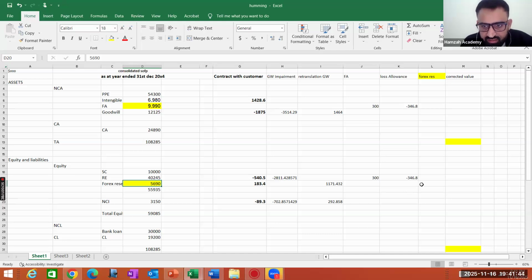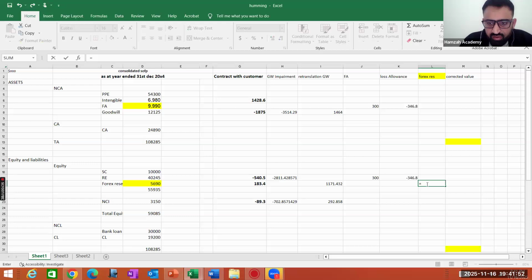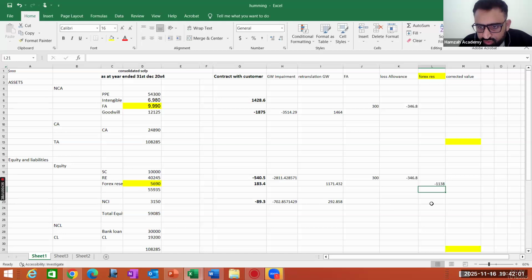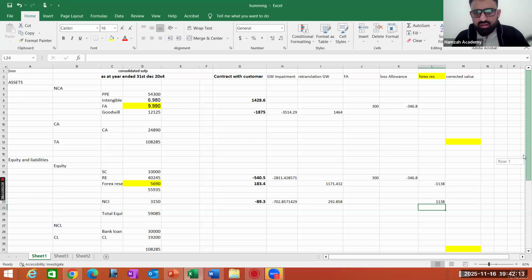Now the problem with that is that of this 5690, 20% belongs to the NCI. So with that 20%, the forex reserve should be debited and NCI should be credited. Now, all the adjustments have been performed. Now we will